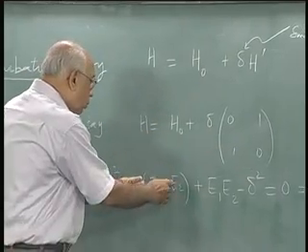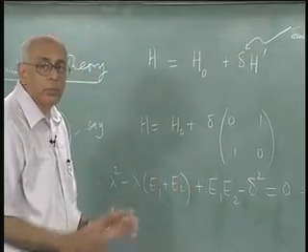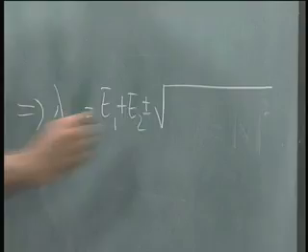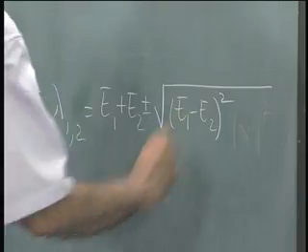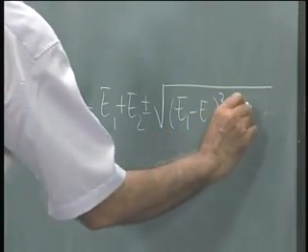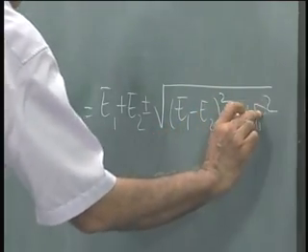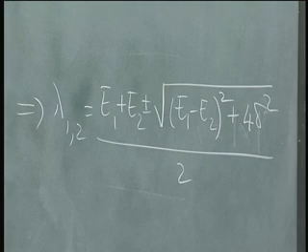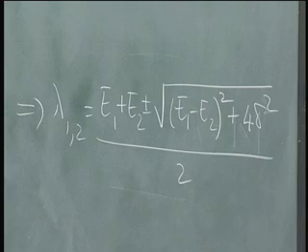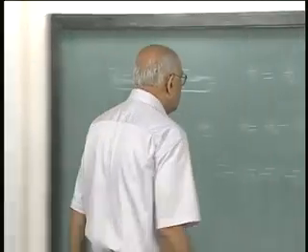So E1 plus E2 whole squared minus 4 E1 E2 is E1 minus E2 whole squared. So this is E1 minus E2 whole squared plus 4 delta squared, divided by 2. Now of course to simplify it further, you have to tell me whether E1 is bigger than E2 or E1 is less than E2. Okay. Let us, without loss of generality, take E1 to be bigger than E2. Then